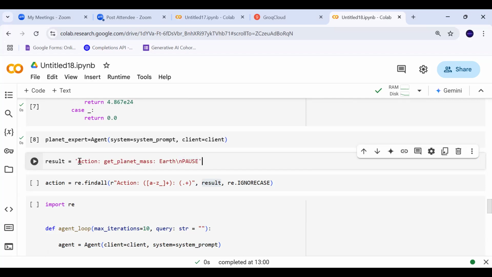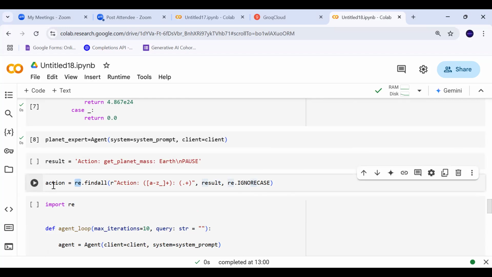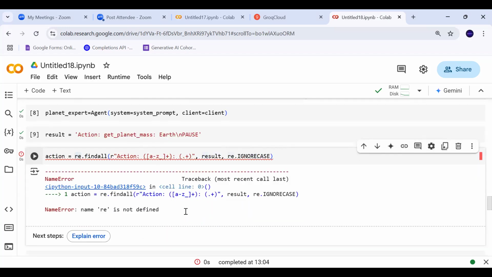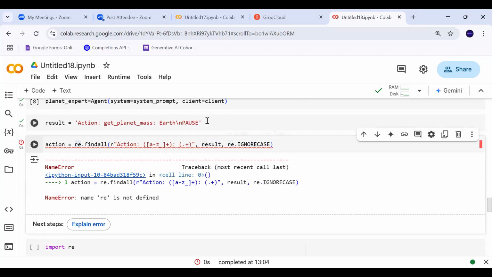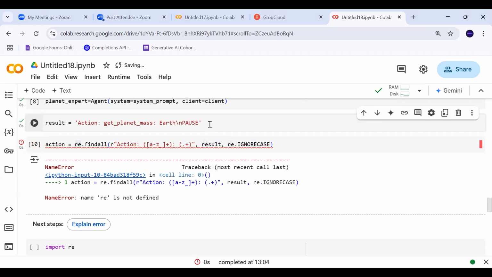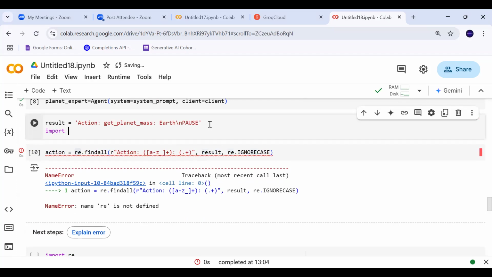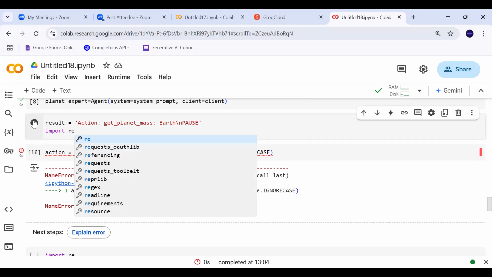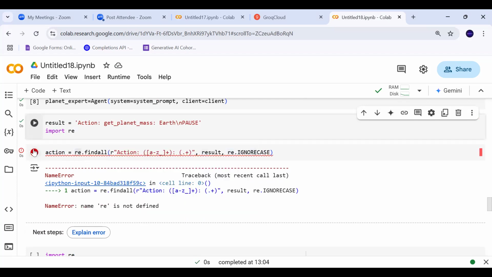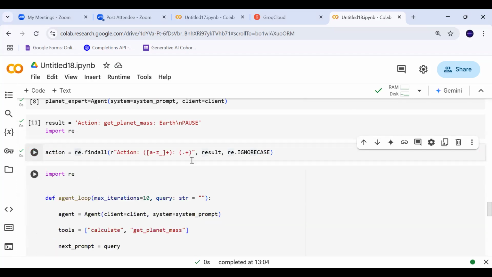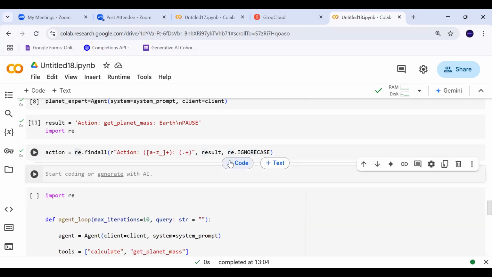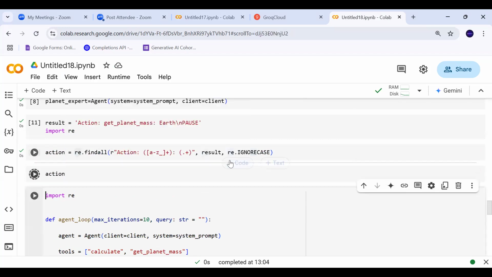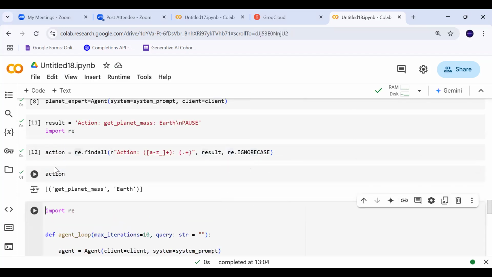If this is the content in my result variable, and I use this regular expression, how will the action look? That's what I'm trying to show you. RE won't be there, I think I need to import RE. Okay, so this is how I will get my output.